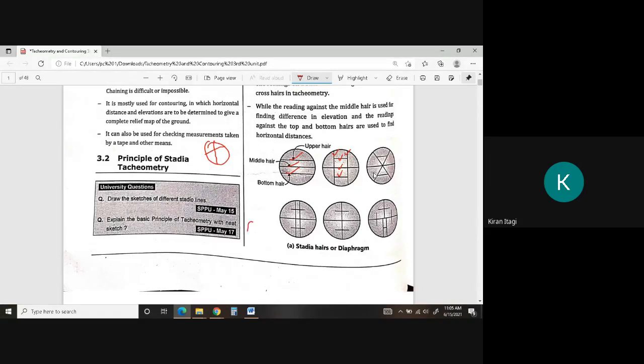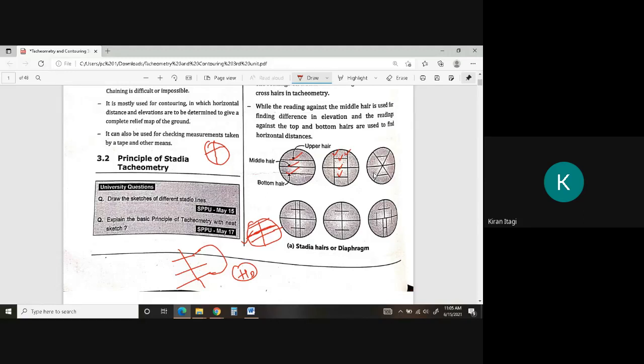Normally in a dumpy level or auto level we'll have this plus sign, only the middle hair. But here we'll have a top hair and a bottom hair, the upper one and the lower one. With the help of this top and bottom, we will calculate the horizontal distance